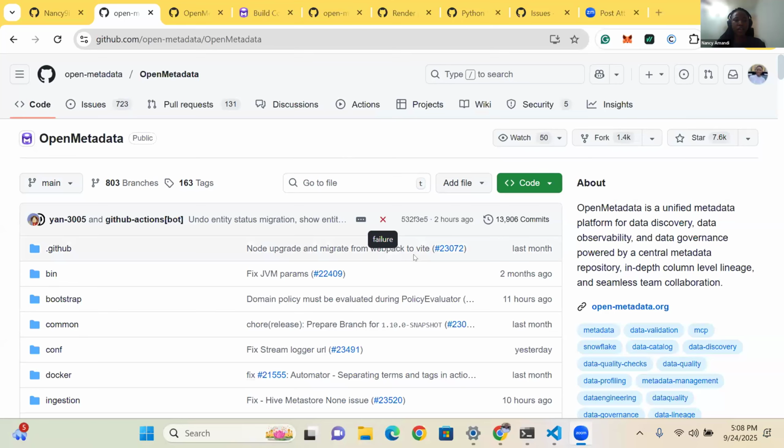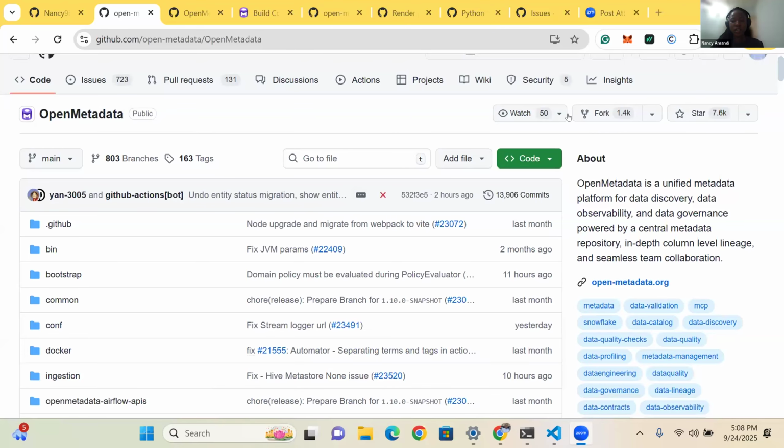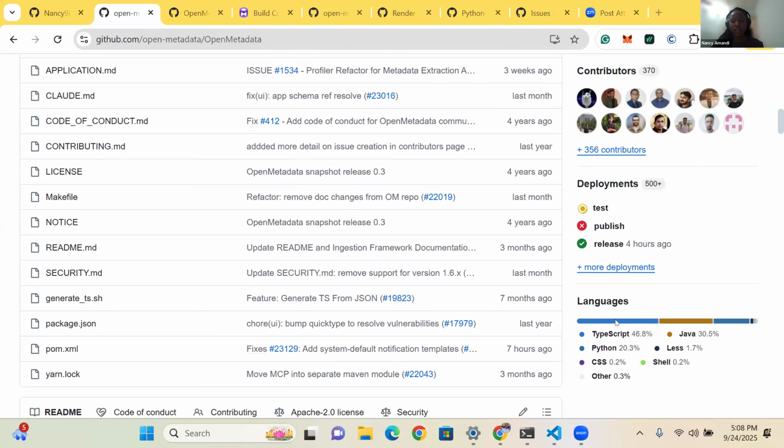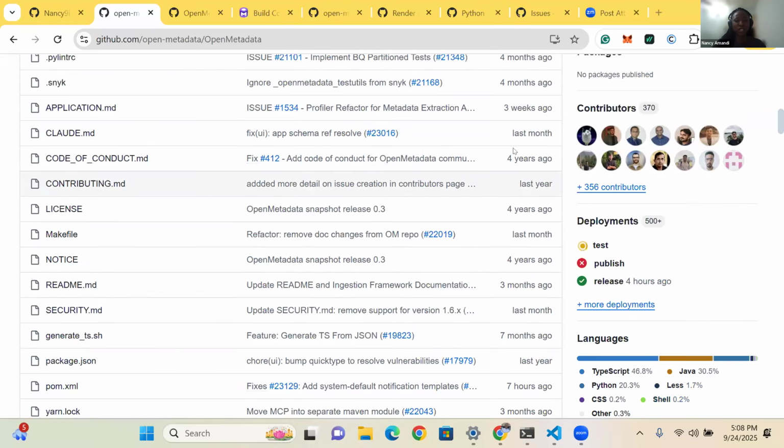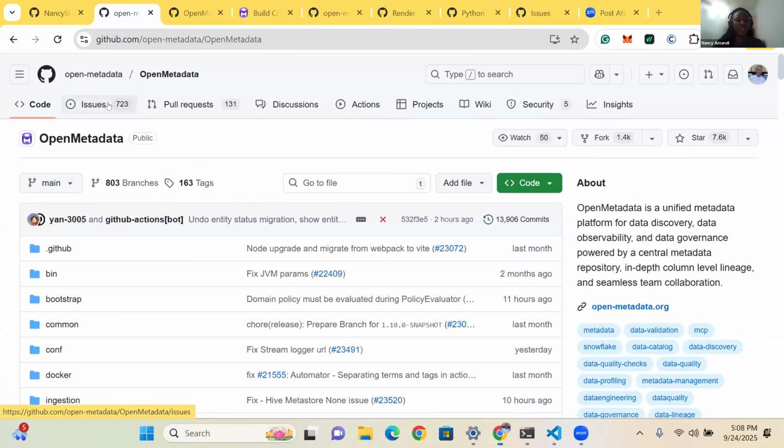Okay, so when I browsed to the GitHub of Open Metadata, I came here. The first thing I usually check is I scroll down and check the language distribution. I noticed that most of the languages here were ones I was not familiar with, except Python. So Python was here and I said, okay, let me try contributing. But then I went to the issues,